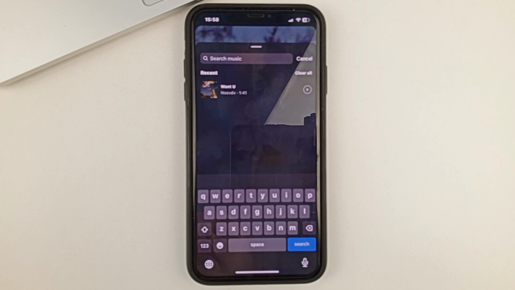If you don't have that song, then the only way is to edit your photo or video before you even post it to your Instagram story with a specialized video editing app, such as CapCut, InShot, and other apps. Thanks to them, you'll be able to upload a photo and put whatever music you have on your phone over it. Only if you do it beforehand and save that photo or video with your music. After that, you can already in the story add the finished version with your music.